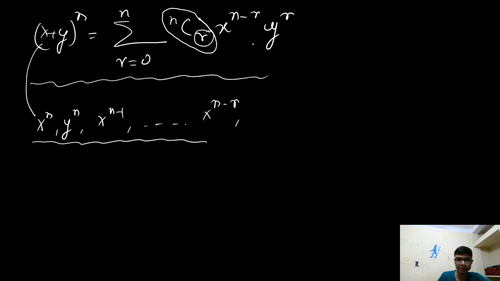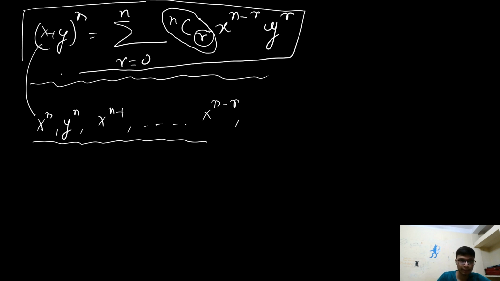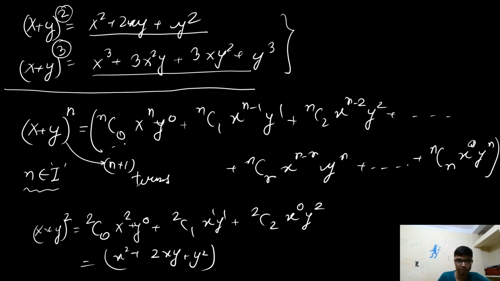All right, so this particular thing is basically clear. You have to remember this particular definition by heart. Okay, you have to remember this particular expression by heart. I hope this particular relation is clear. All right, so in this particular expansion we see that there are terms involving nC0, nC1, nC2, nCr, so